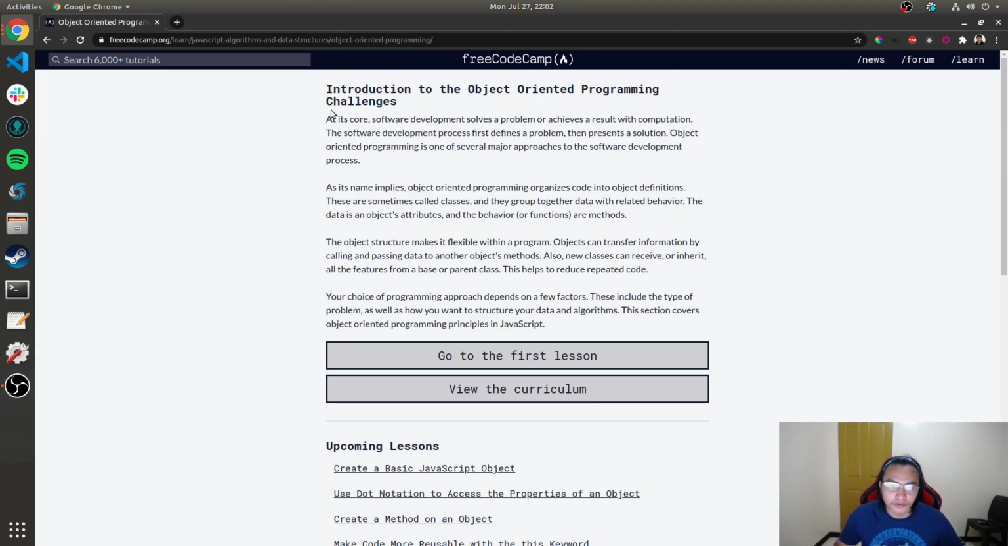So, to start: at its core, software development solves a problem or achieves a result with computation. The software development process first defines a problem, then presents a solution. Object-oriented programming is one of several major approaches to the software development process, and as its name implies,